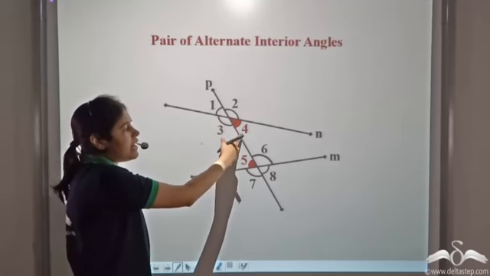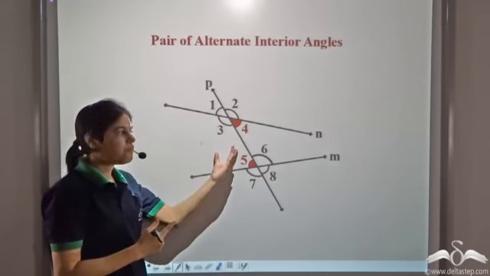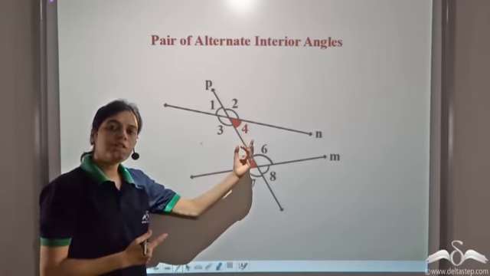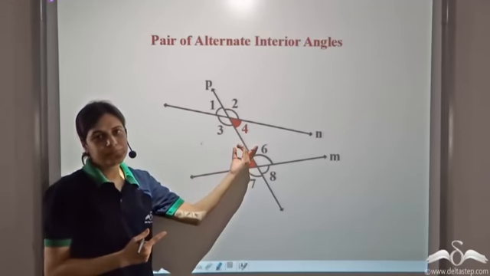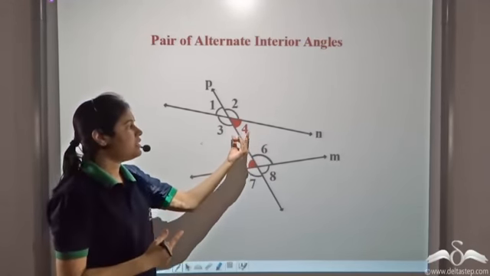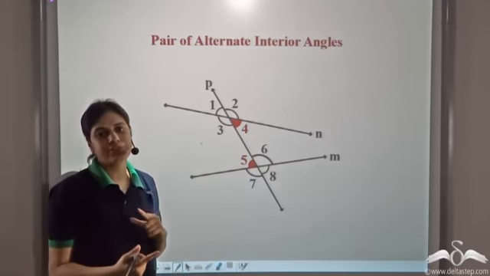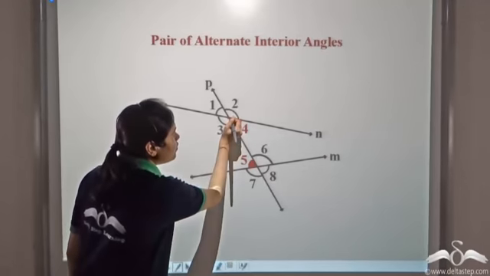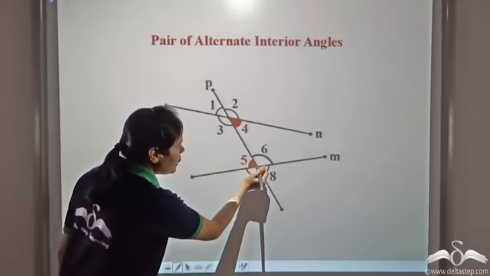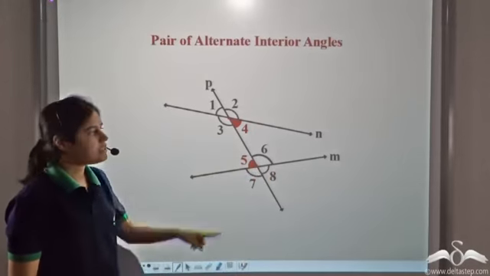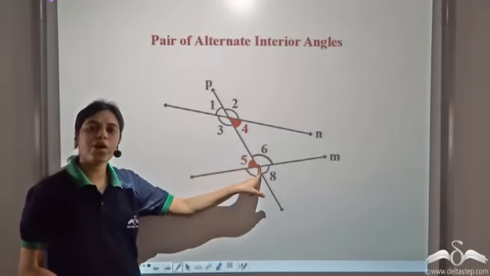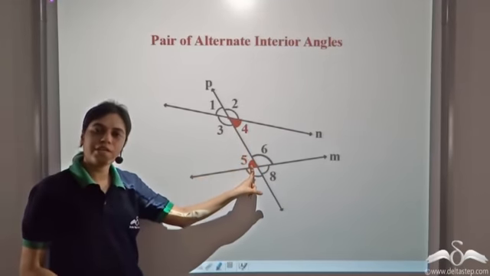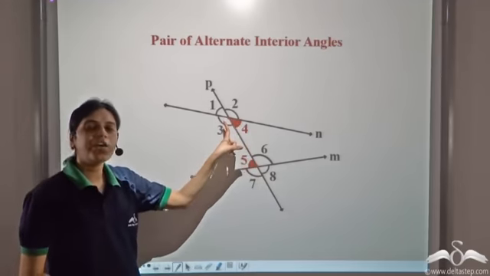Even angle 3 and angle 4 are both interior. Even they are on the opposite sides of the transversal. Can we call them as pair of alternate interior angles? Well, no, because they have to lie on different vertices or formed on different lines. So angle 4 has vertex as this and 5 has vertex as this. So they need to have different vertices. So 4 and 5 are a pair of alternate interior angles, whereas 4 and 3 are not a pair of alternate interior angles.